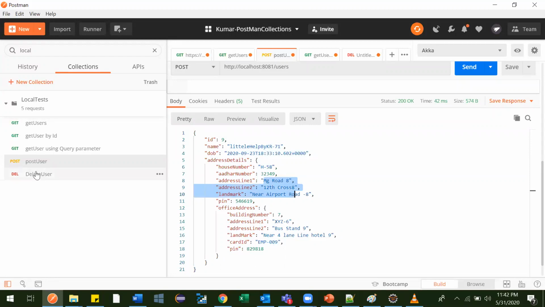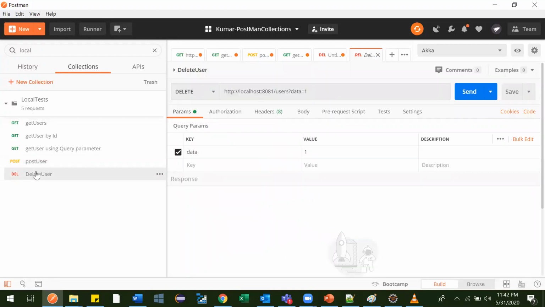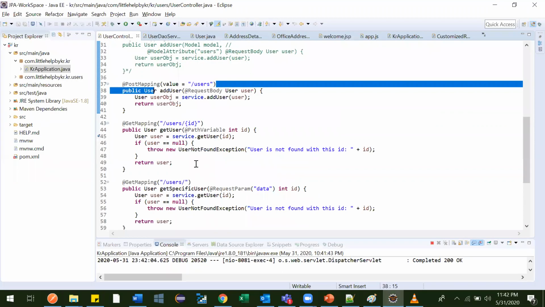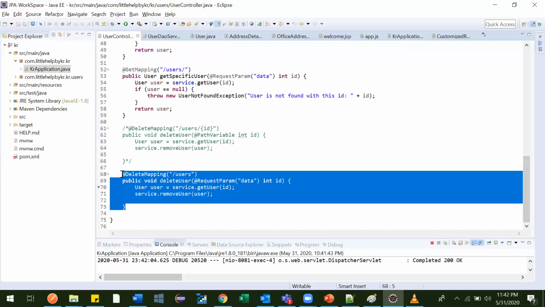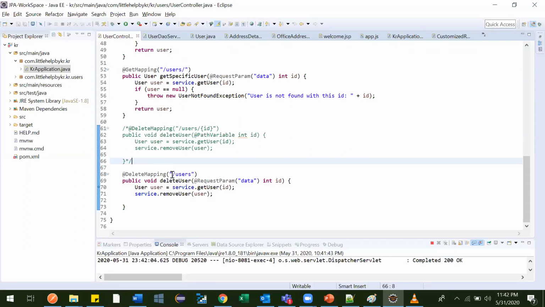So now coming to delete user. For delete user, there is a separate API that the developer has created. When you go here and see delete user, for deleting a user, they have created one API. So what is the resource for that? This is slash users, so this is the resource URL. You have to provide the base URL slash this one. Then the request should be delete. And this is a query parameter that we need to pass. This is the variable, and this is the ID. So whichever one we want to delete, it will remove that user.